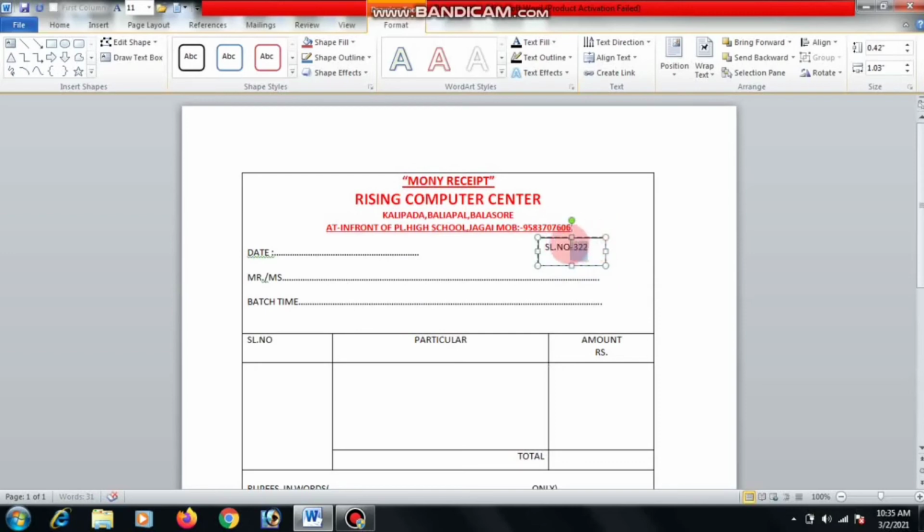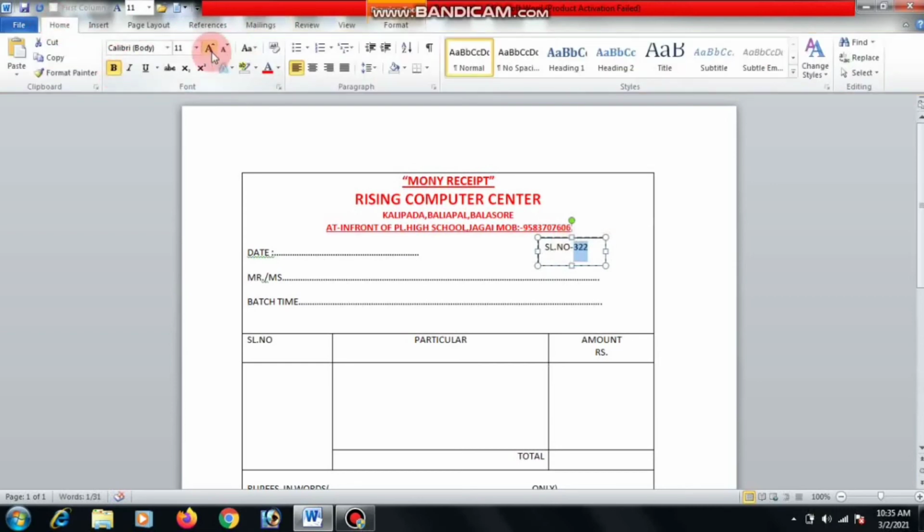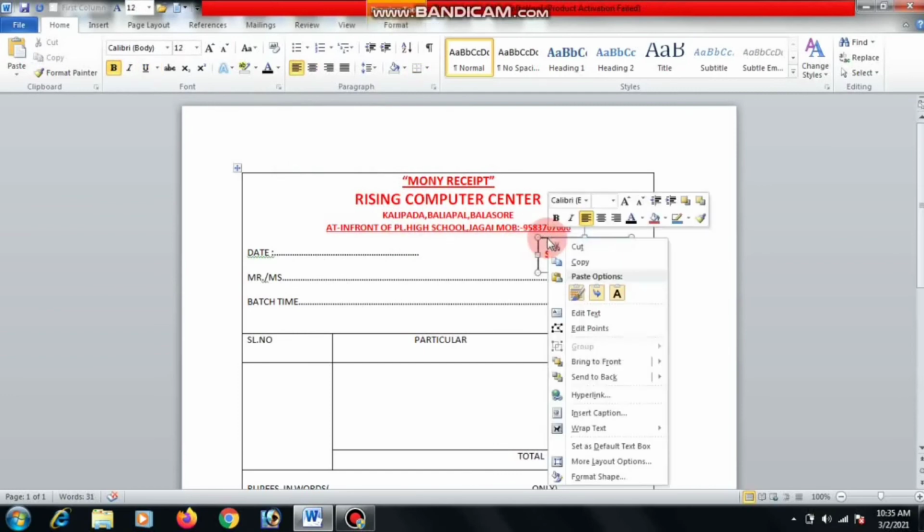Now we write this number and go to the home menu, increase the font size, and the serial number also, click and give bold and increase the font size. Now select it and give a color, and now we give another color on the serial number option.